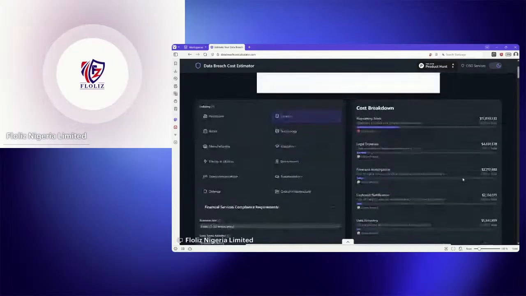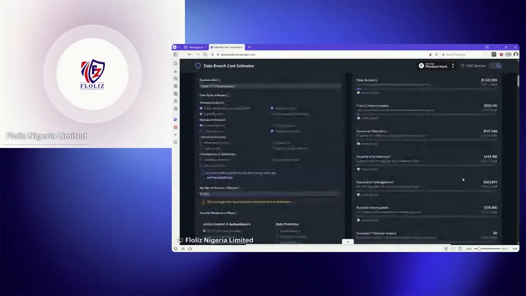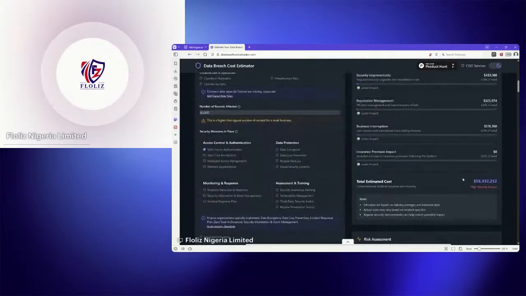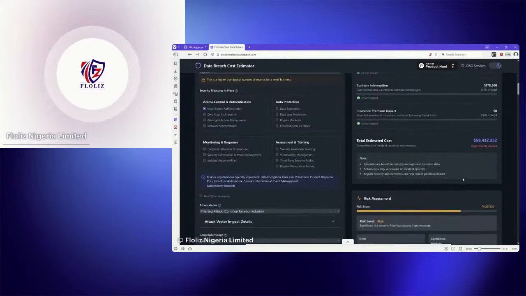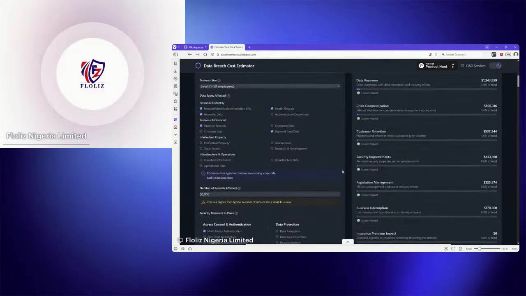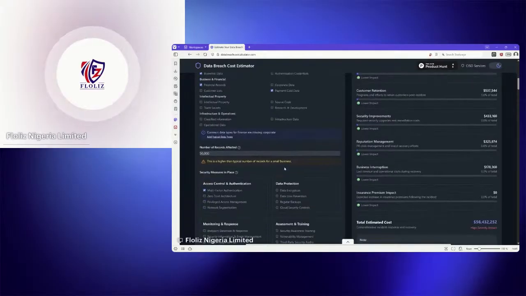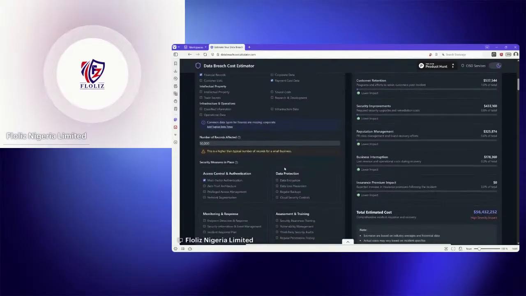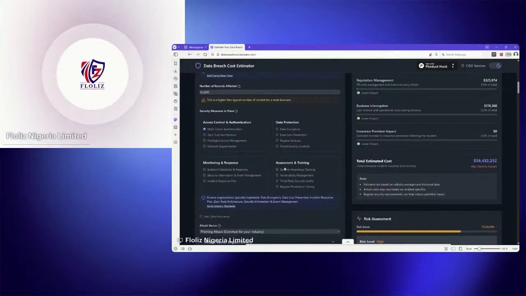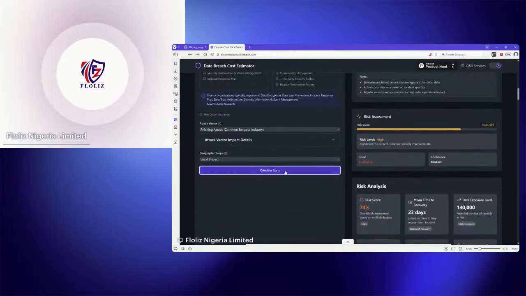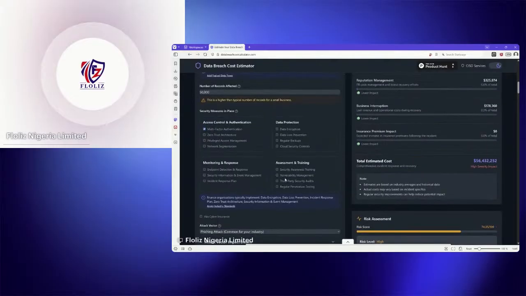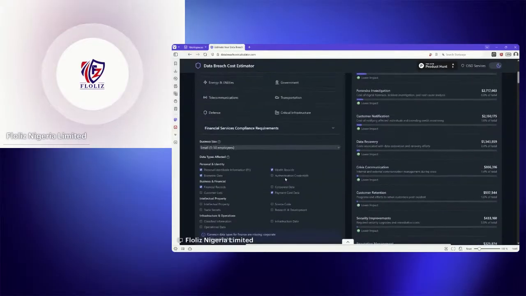So this tool is handy for CISOs because you want to get your management to see what a data breach impact will look like. When you tell them, see, we have people's personal information, we have people's biometric information, we have trade secrets, we have classified information, we have source code data. If these things get into the hand of a fraudster, the impact will be much more than we even anticipate, right? So this tool is handy for CISOs, you understand? You can play around with it. It's very useful for you to talk with decision makers.